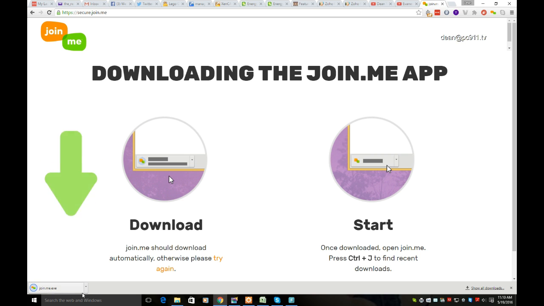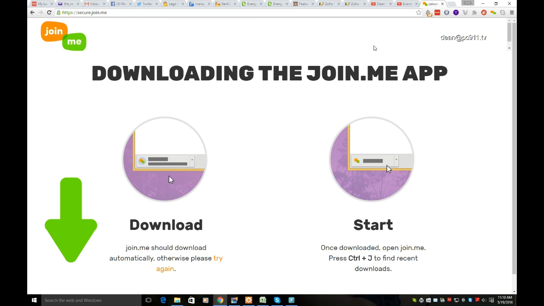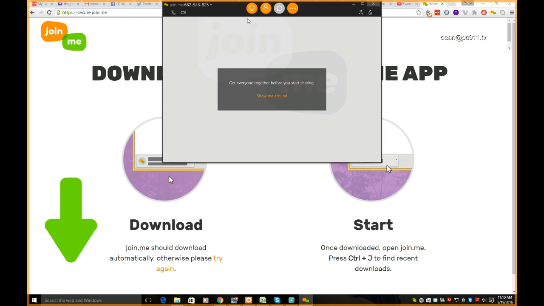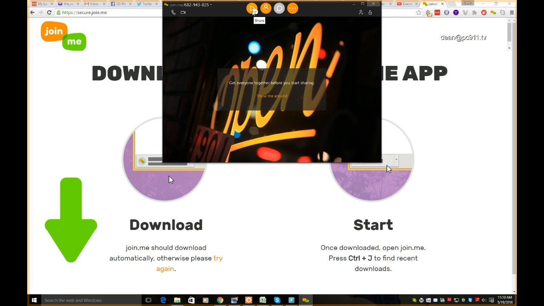Same procedure all over again, except this time we didn't have to fill out the annoying user forms. It takes a second to start and do its thing. It'll come back up here at the top just like before, and it'll give you 3 new numbers, which will be the Join Me session that you send out. So it's connecting up here. Pow. We're going to start our desktop sharing,